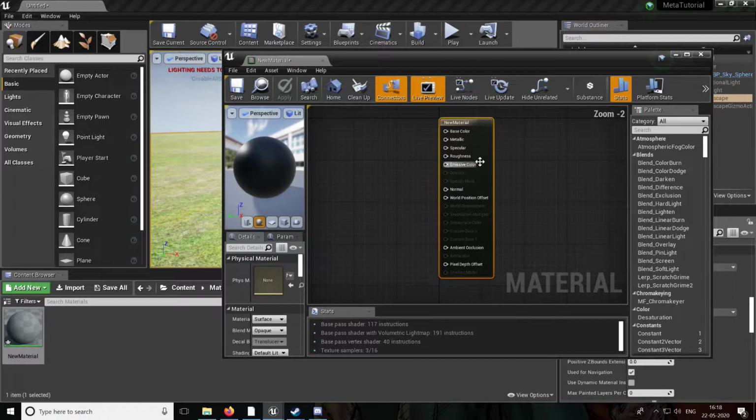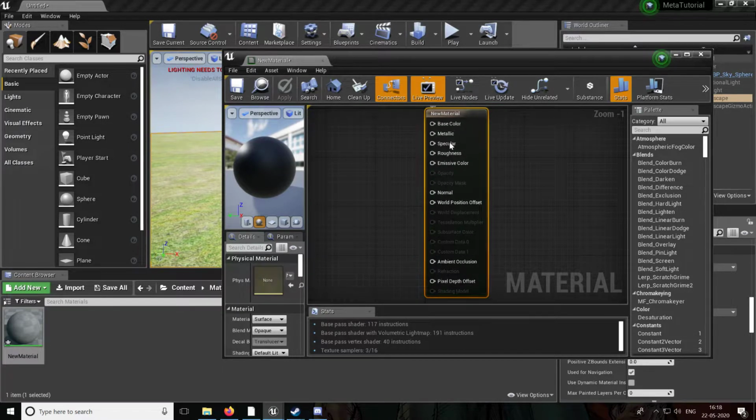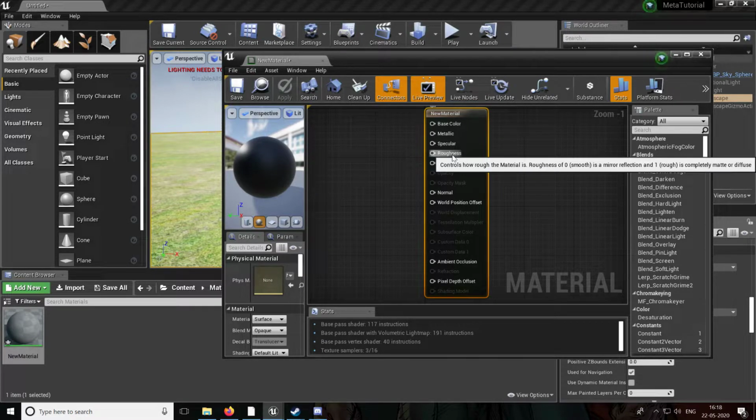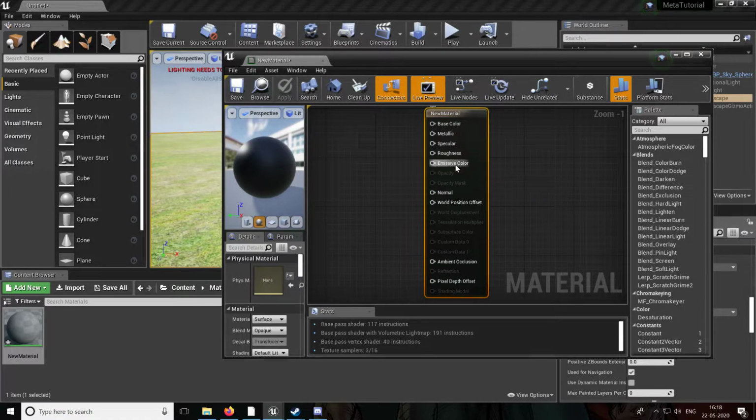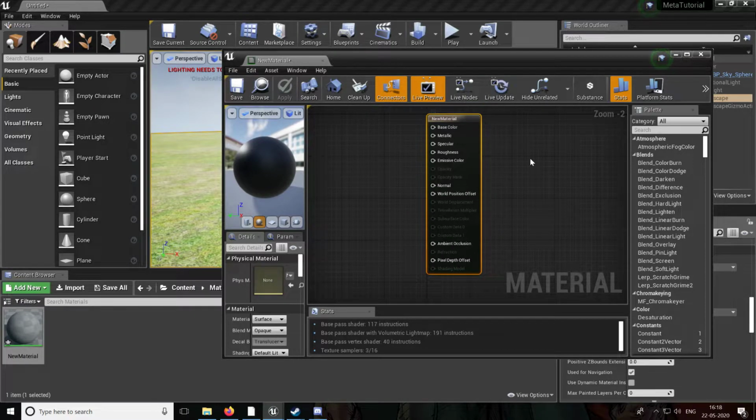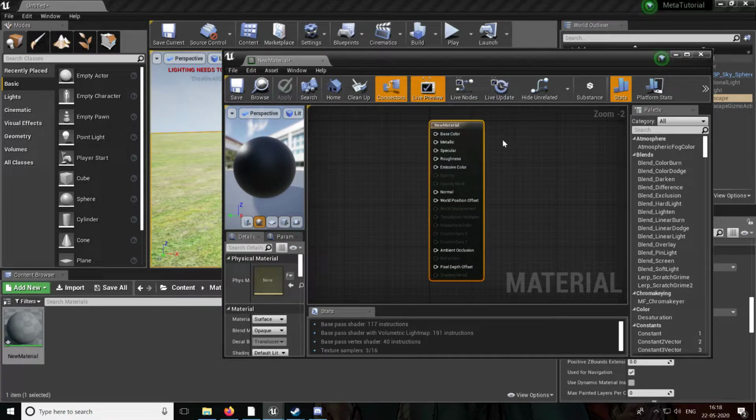So this is the material graph, and the material, as you can see, has a lot of properties. Base color, and how much metallic it is, which controls how metal-like your surface looks. What's the specular? People don't use specular too much. What's the roughness? If it's a roughness of 0, then it's smooth and shiny. If there's a roughness of 1, then it has no shine whatsoever. It reflects nothing, right? Emissive color, which is, do you want it to glow? So stuff like that, right? And this is basically the material node. Now what you have to do is feed the material node with parameters. So I'll show you how to do that, right?